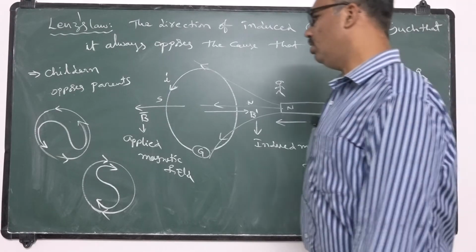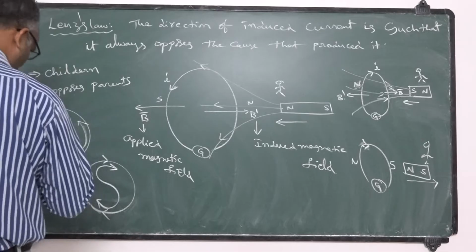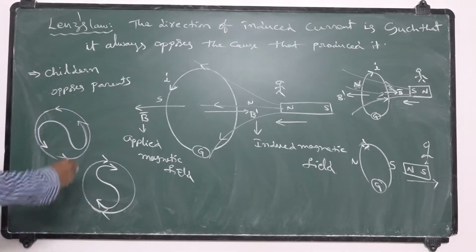If you are observing a coil right from its top view, if current is moving in anti-clockwise direction, north pole got generated. If it is going in clockwise direction, south pole got generated at that location. So this is the observation you should learn from the definition of Lenz's law. Now let us go to the next concept.